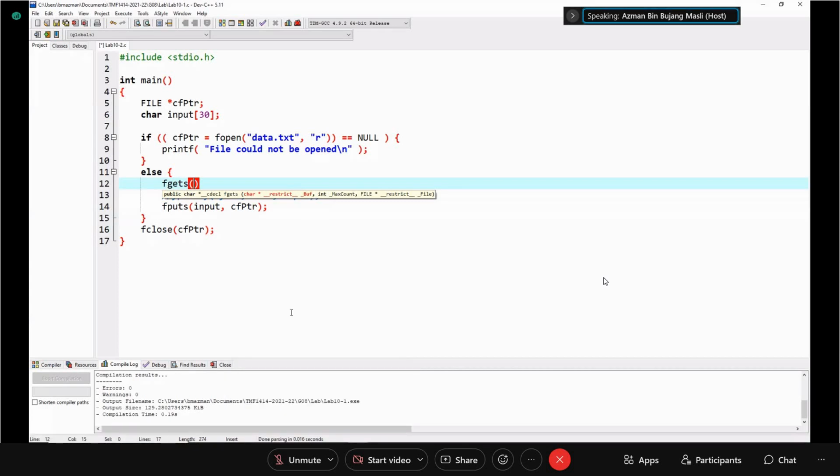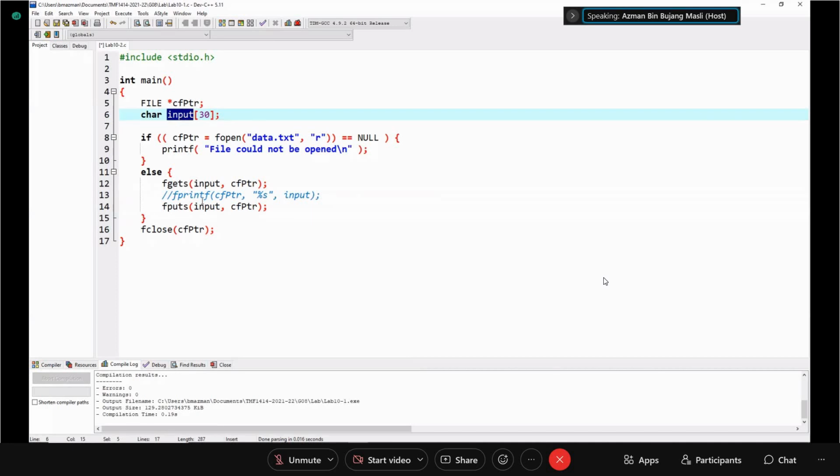We use input to store the data that we get from the file, and then this is the pointer to the file. So we read the file and put the data into our variable input, and then we can write the data back on the screen. We can use puts, or printf.